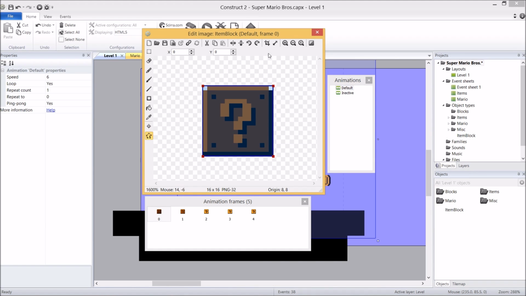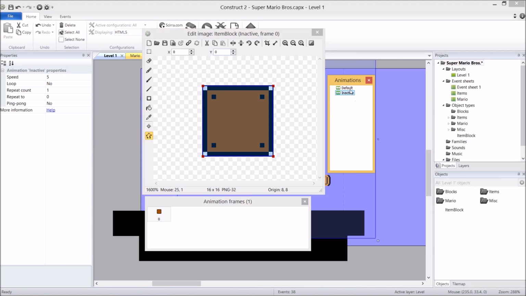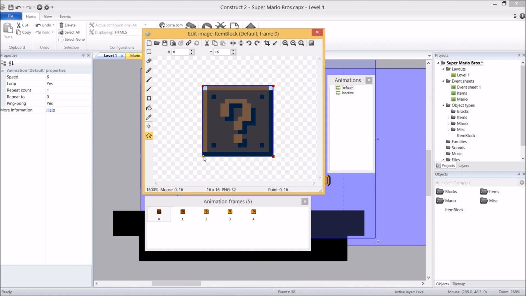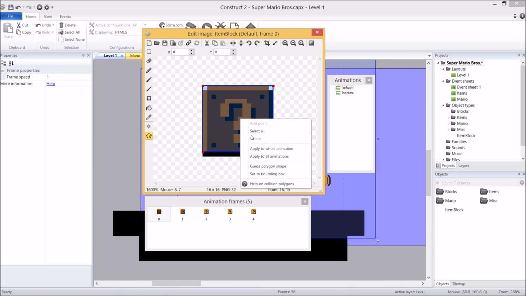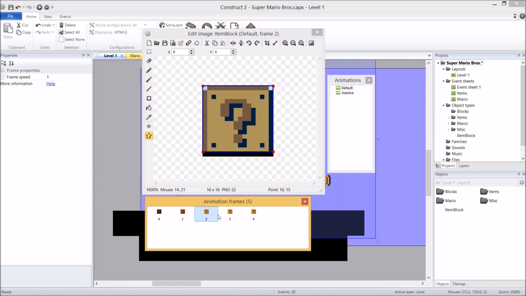So, this is the collision box, and it's what you would expect it to be. But what I'm going to do is remove 1 pixel of collision off the bottom of every single frame in this animation. Inactive can have the full collision, but default we need just 1 pixel off the bottom. So I'm going to click on that guy, shift click on this guy, and reduce the Y value by 1. One thing you'll notice if you do that, collision is still the same in the second frame. So I need to right click in the middle and apply to whole animation. Don't do all animations because otherwise inactive is going to receive this collision model as well. Whole animation, and you'll see that there's one pixel missing at the bottom of every single one.